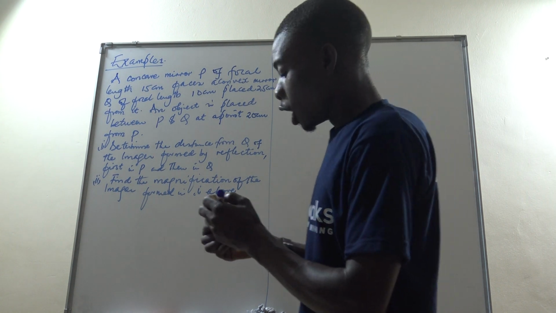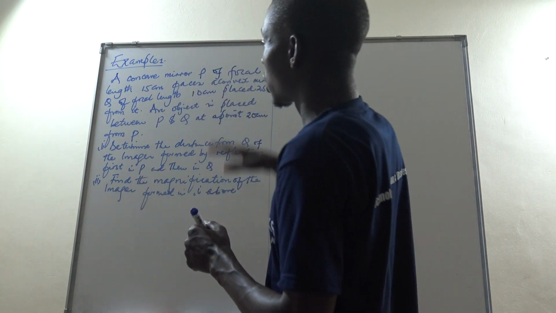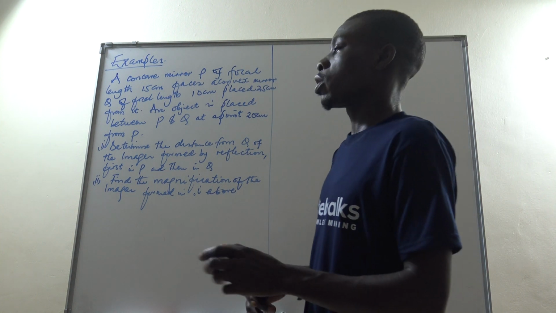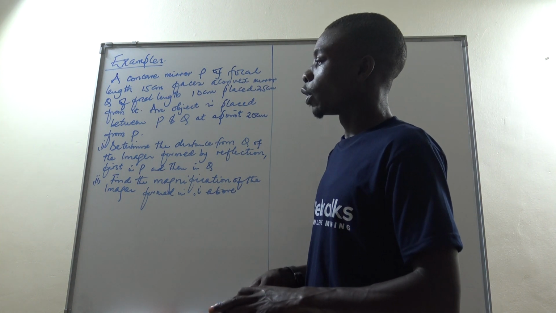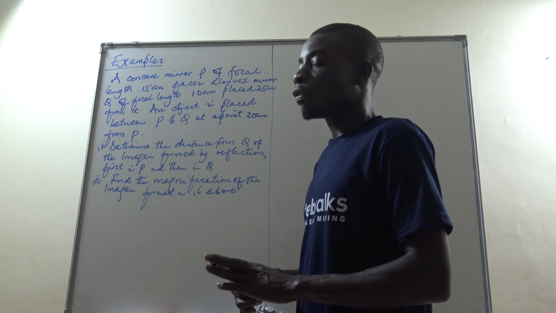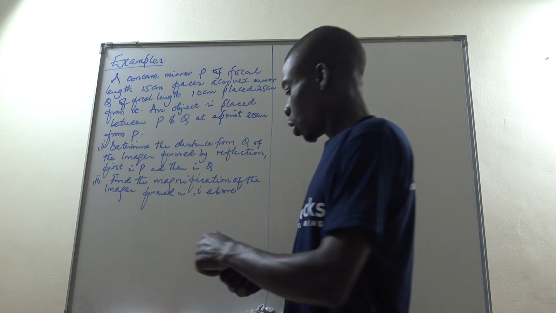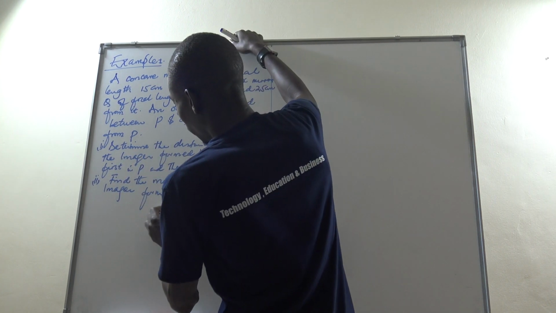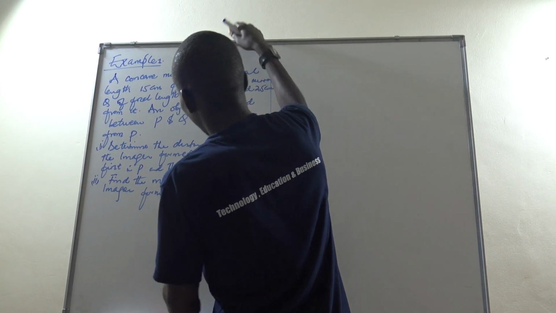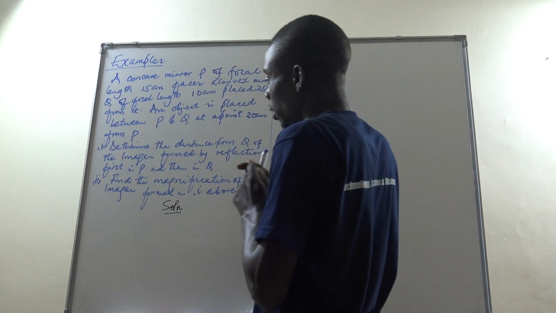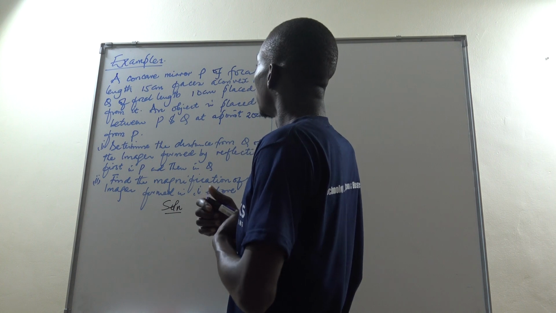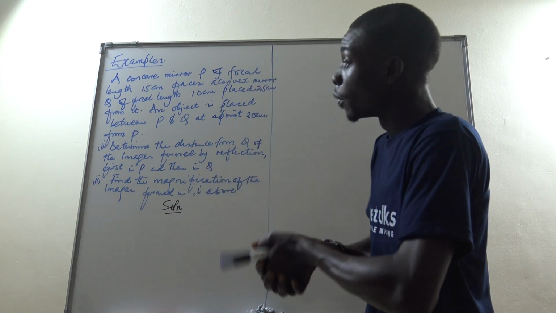So let's now look at our general example as we are trying to conclude our session of reflection on a curved surface. So these are going to be our concluding examples. So the question is saying that a concave mirror P of focal length 15